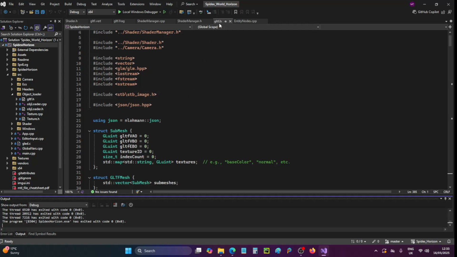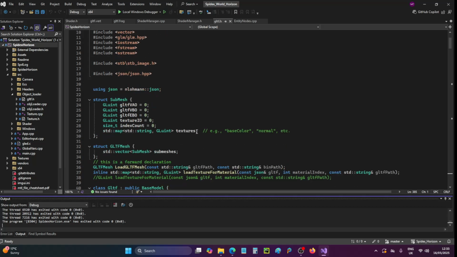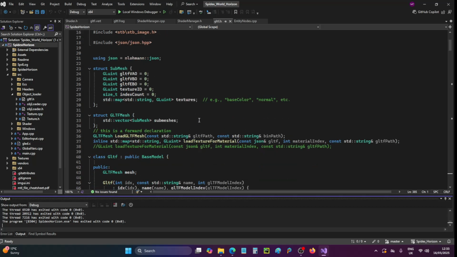The idea was to create a single header file that I could just drop into a project. I created this in my template project that I use, and the idea was just to be able to drop it into a second project without a great deal of hassle, which I've done. I transferred it to this one and literally just needed to write a few lines of code in the entity node